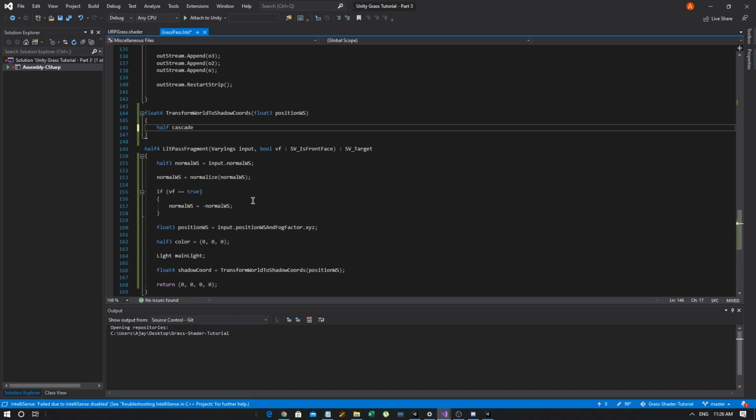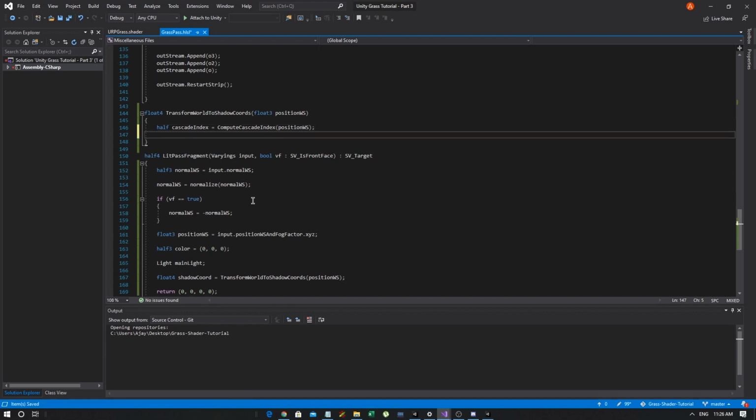Okay, we can say cascade index, and all we have to say is compute cascade index position world space, and that does all the magic in the background. We never have to worry about it. And now we just need to multiply